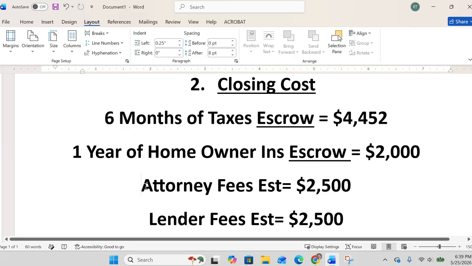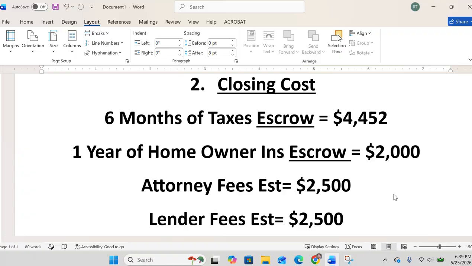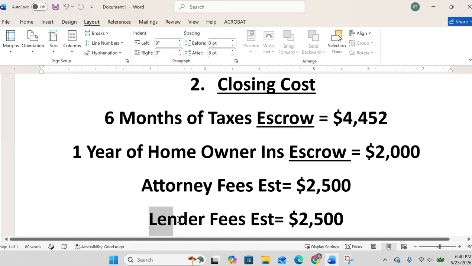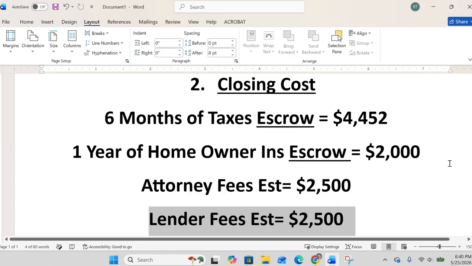Another fee we'll add into the closing cost is $2,500 for attorney fees. Connecticut is an attorney state. It's not a title state. So the attorneys do all the title work in Connecticut. This fee includes title insurance, which you only pay once, and it's part of that $2,500 calculation. And then our next fee is the lender fee, which we'll estimate at $2,500, which includes things like